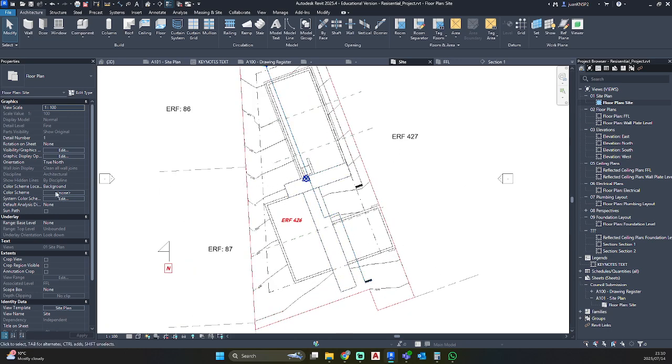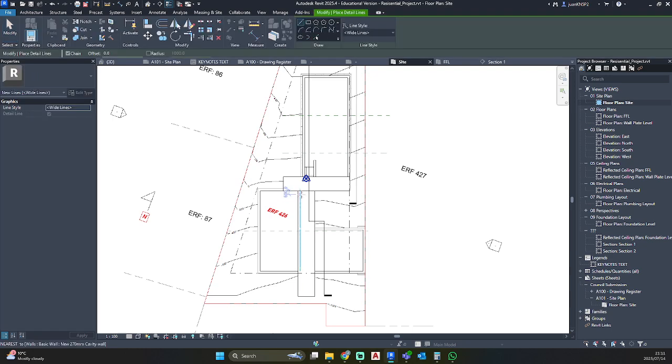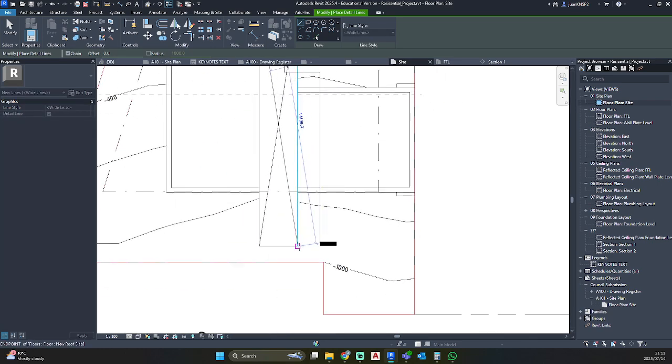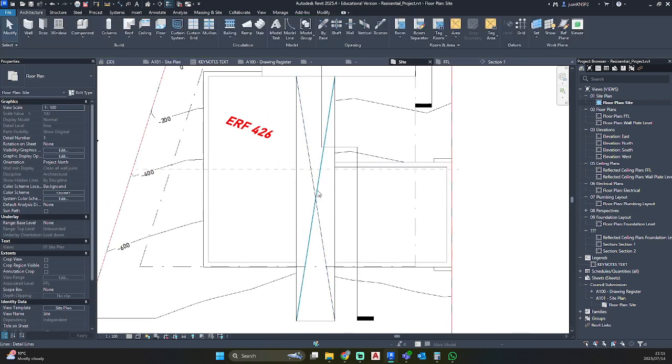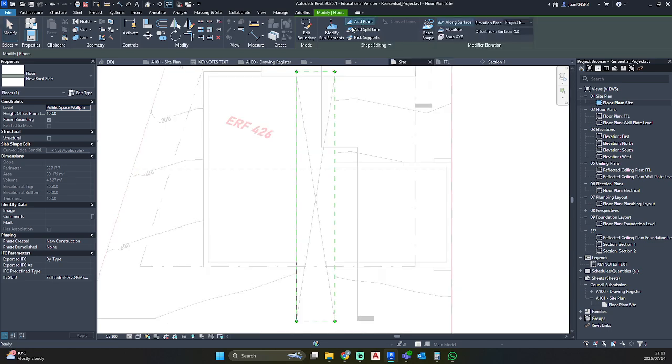So let's put this on our project north, just to ensure that the drawing plane is correct. I'm just going to press DL on my keyboard so that I can draw in a line from corner to corner just to find the center point of this concrete roof. So I'm just going to select the roof, add point, and we know that's the center.